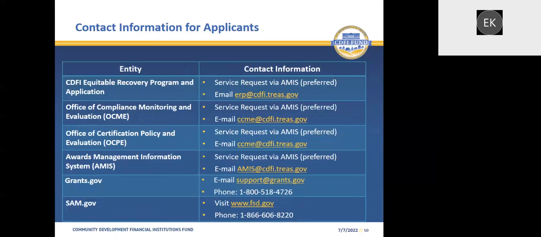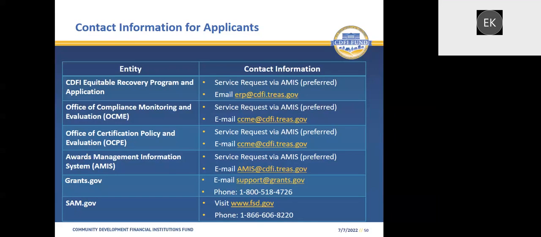Office of Certification Policy and Evaluation, OCPE. You can service request via AMIS, or email at